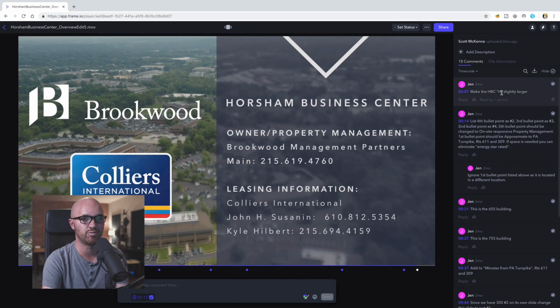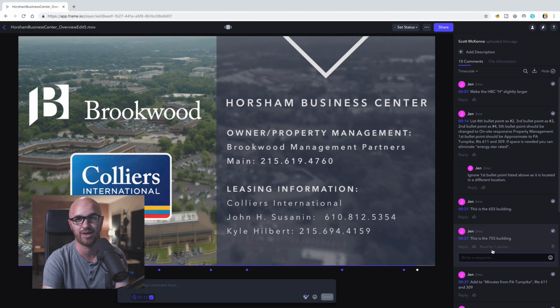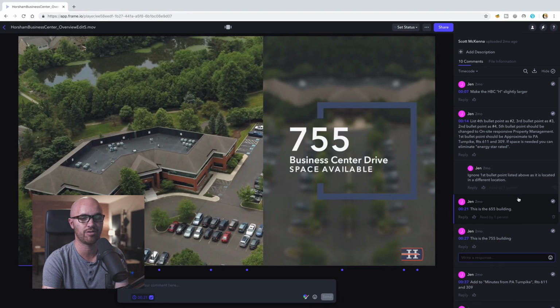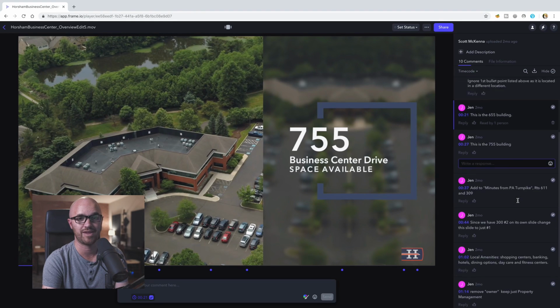What's great about this as well is that it adds all these marks as completed next to it, so you can kind of have a checklist in front of you to be able to adjust the things accordingly as you're actually doing the edits. You can like comments, you can reply to comments, and they'll see the replies back to it. So if you have a question about one of their edits, you can say, are you sure you want to do this? I think this looks better with this. And they can respond back and forth really, really nicely. I love the to-do list checking though, because it's nice to be able to go through and know that you are making all your checks.